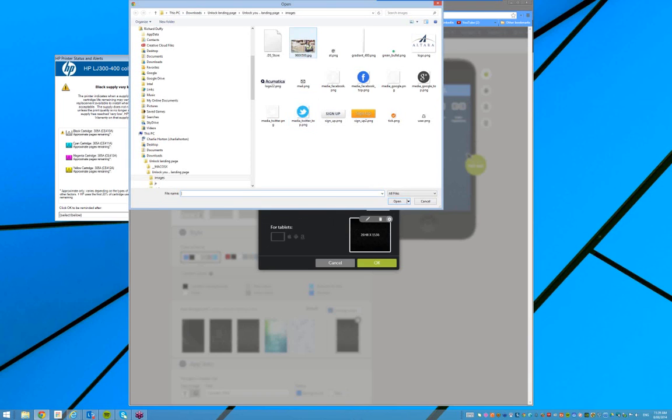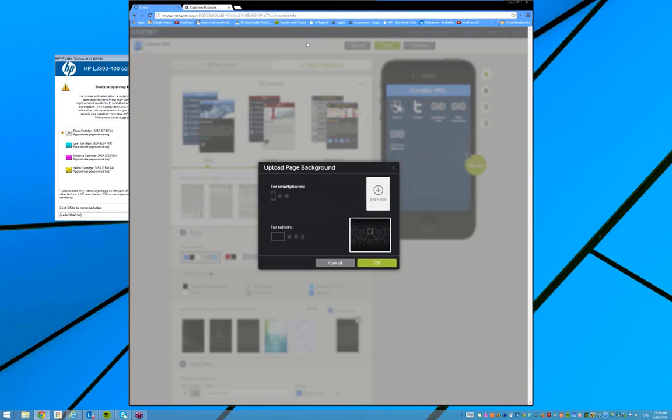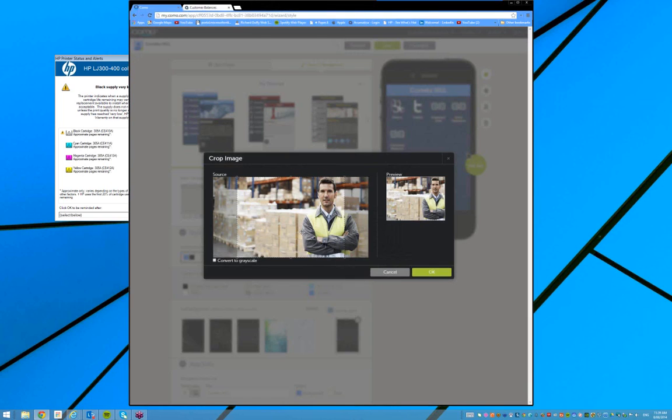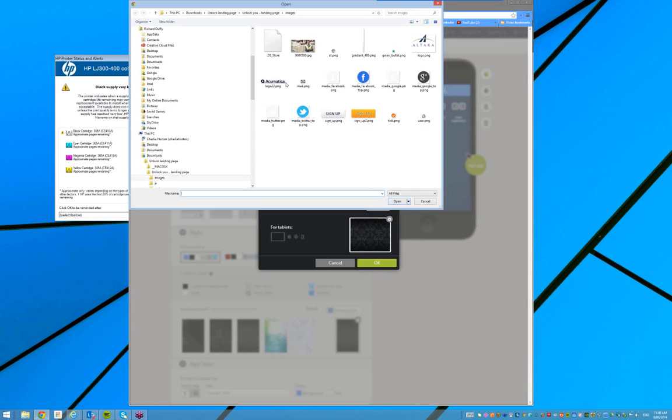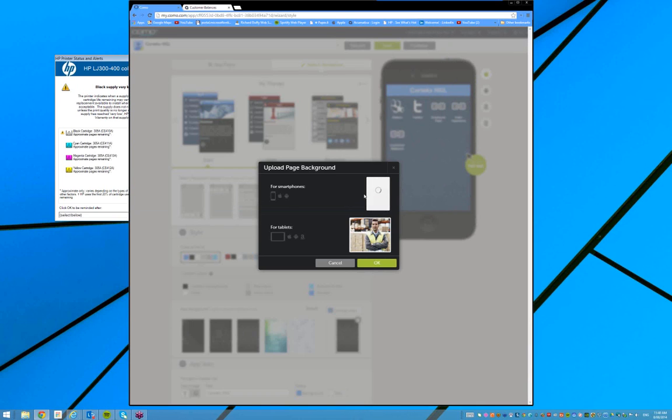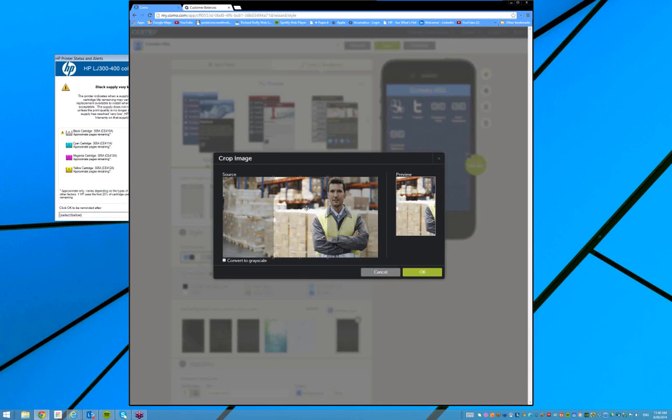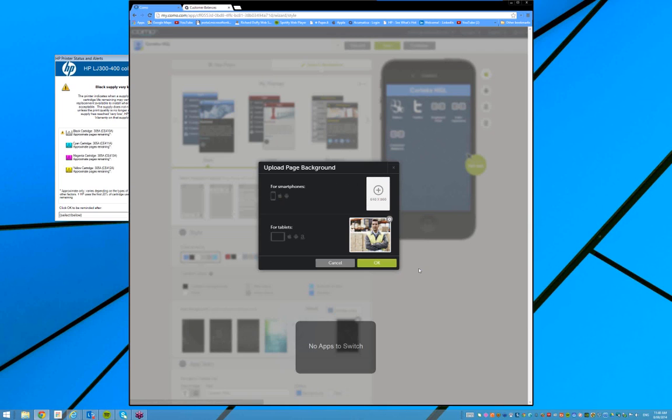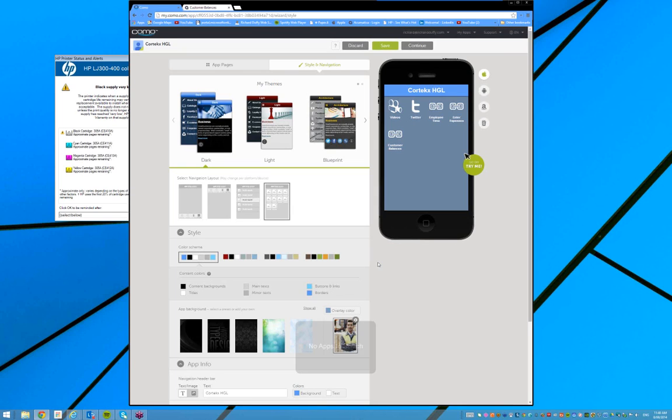Maybe I might want to grab this image for my tablet background. So I'll pop that in there. I'll say OK to that. Actually, why don't I use the same image for both, just for the sake of the exercise, rather than going through the process of editing. So again, let's just grab our guy, and I'll say OK to that, and I'll say OK to that as well. So now, what do I get? I now have my new background that I'm going to use,